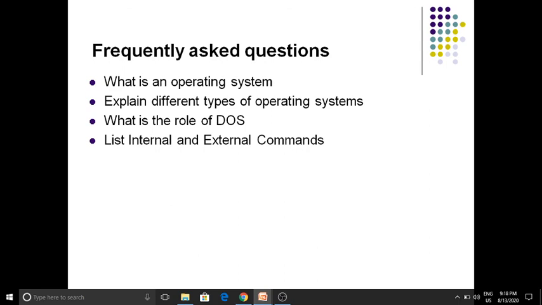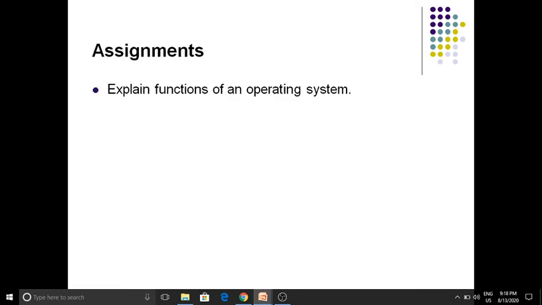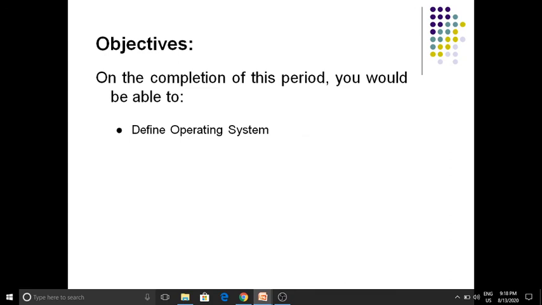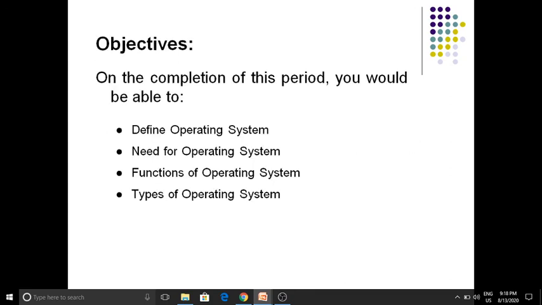Okay, students, I think in today's class you have understood the topics which we have discussed. After completion of this class, I think you are able to understand what an operating system is, the definition of operating system, the need for operating system, the functions of operating system, the types of operating system, and the role of DOS.